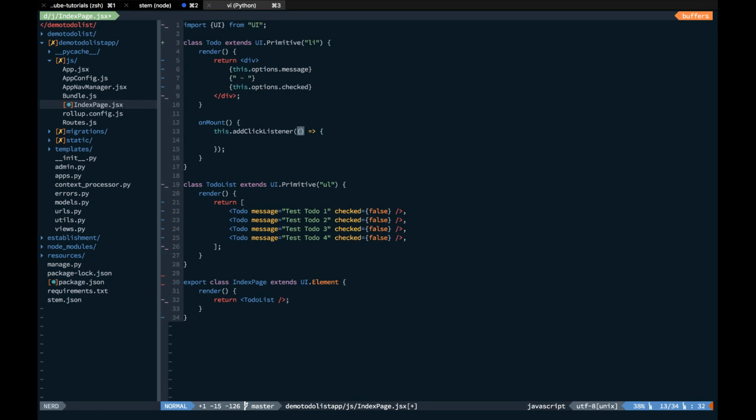So this is in ECMAScript 6 somehow the equivalent of function, which we used in a previous version of JavaScript. So we just have this,